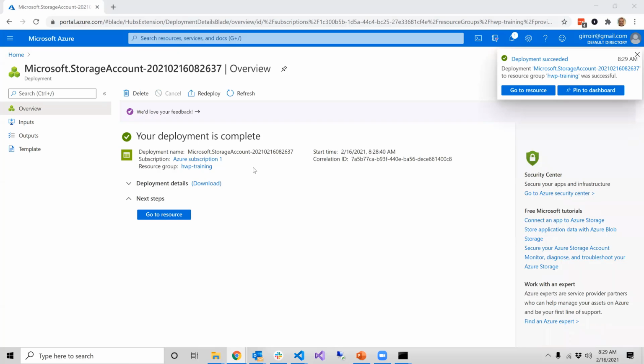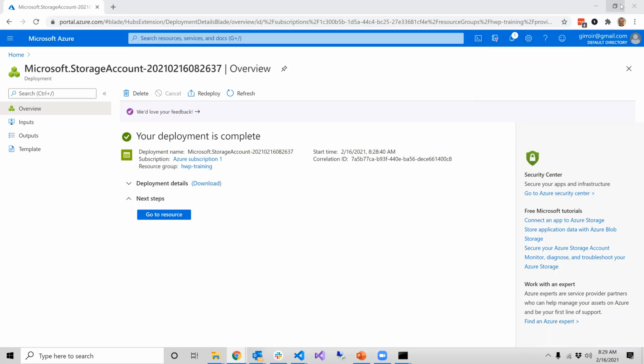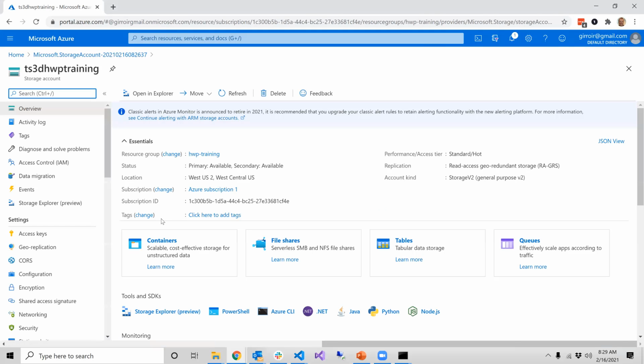All right, so deployment is complete. So we have created that storage account and a resource group associated with it. We're going to put other things in that resource group in a little bit, but let's go to our resource here. And so now that we have our resource group created,